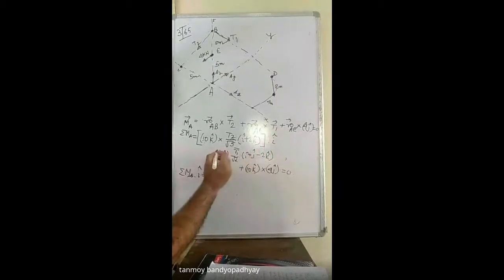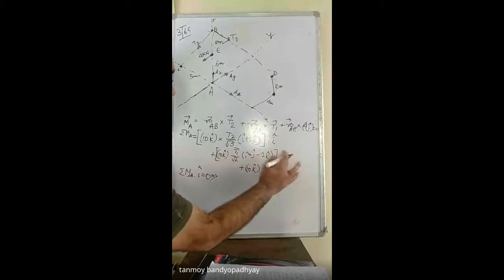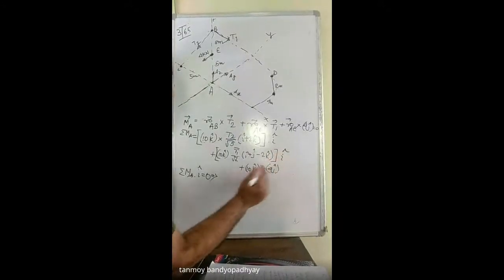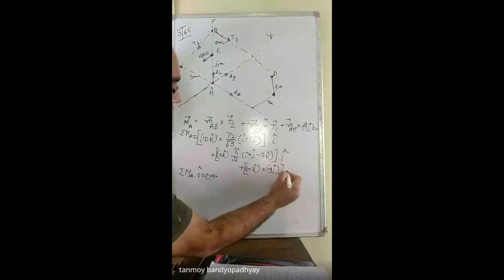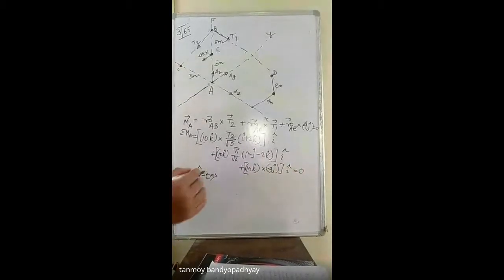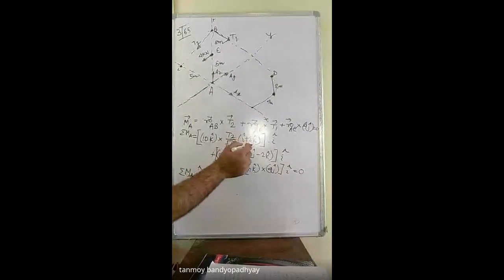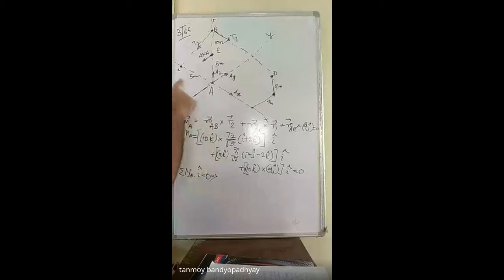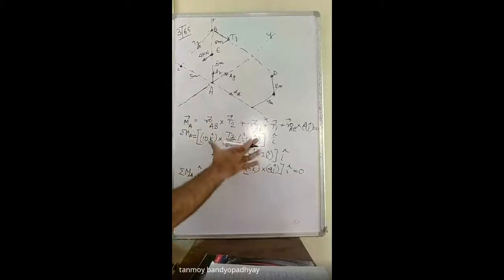This was the second expression. For T1 force, I am doing a dot I cap. And again, this is the third expression. I am doing a dot I cap. That is equal to 0. So as you can see, তুমি যদি দেখো, this T2 actually, if you calculate, you will be seeing that এইটার কোনো moment কিন্তু in the x direction নেই. So that is why, এটা তোমরা করো প্রথমটা.